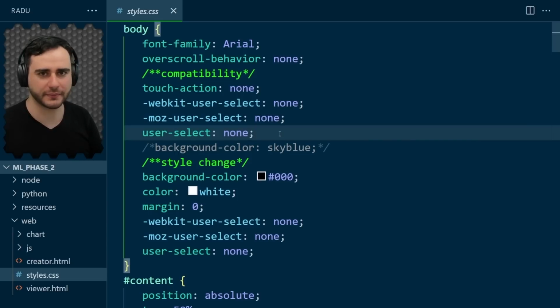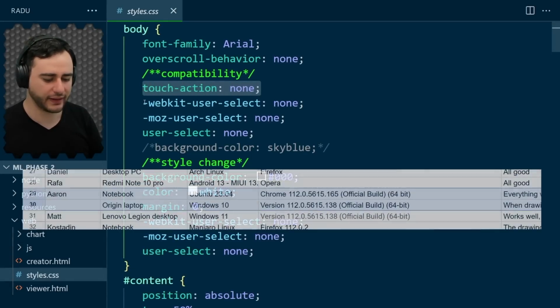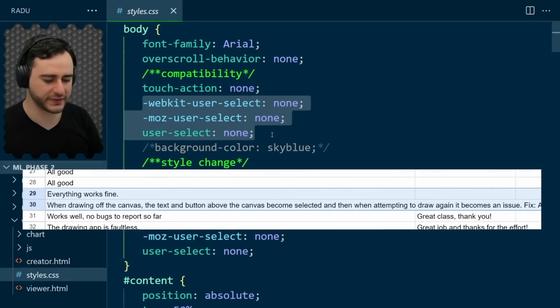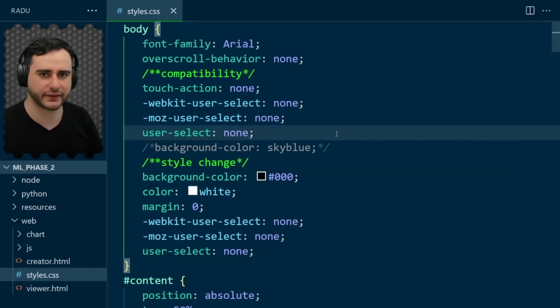There were some problems on iPhones, making the screen scroll when you want to draw. I got a suggestion from Meso to set touch action to none. Aaron commented that these should be set to none as well for it to work. Really not sure if these are enough because I don't have an iPhone to test, but I also got feedback